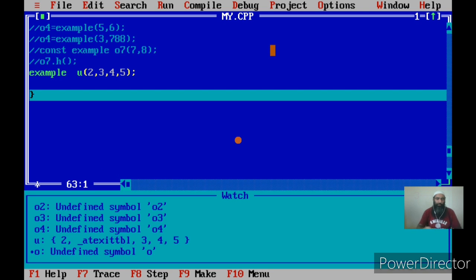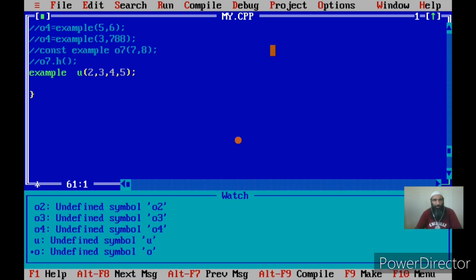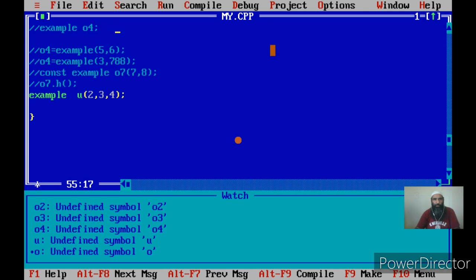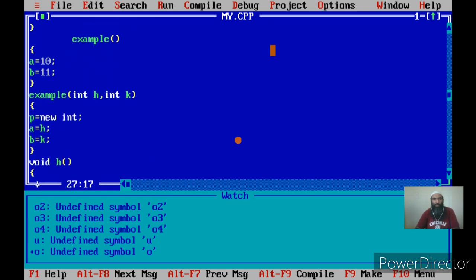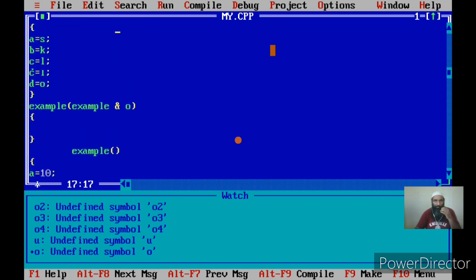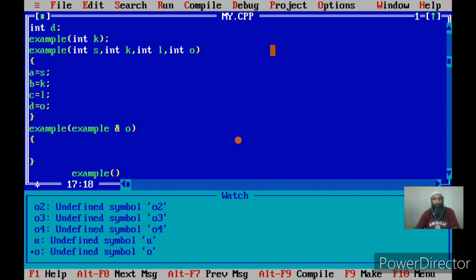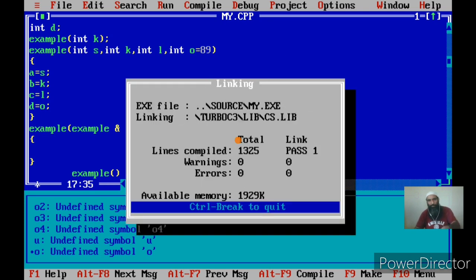Now what if I pass only 3 arguments? What I can do is give a default value to the 4th argument, suppose o, in the formal parameters only. I give its value as 89. Let us see what happens.